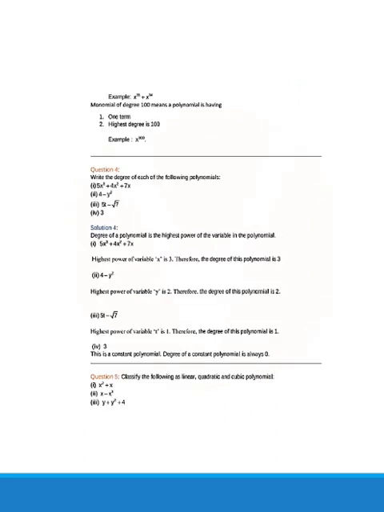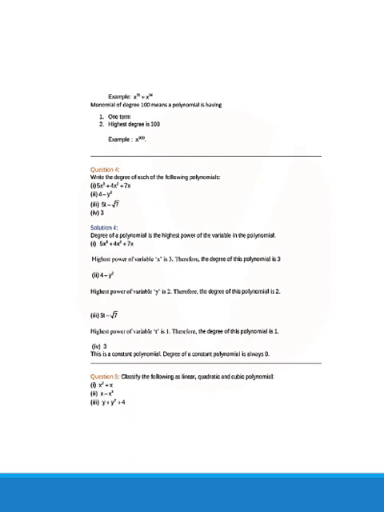Now binomial of degree 35. There can be many examples of binomial of degree 35. The power should be of the variable 35 here, the highest power. So we can have simple example as x to the power 35. We can have other examples as x to the power 34 plus x to the power 30, x to the power 35 plus x to the power 34. Since we have to take binomial, so we should have two terms here.